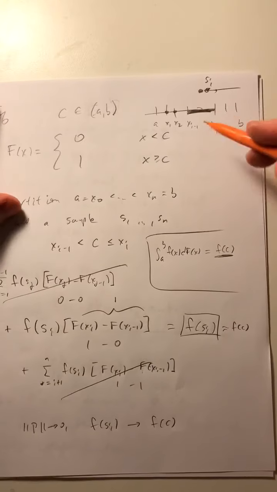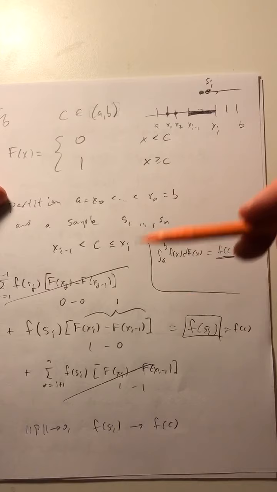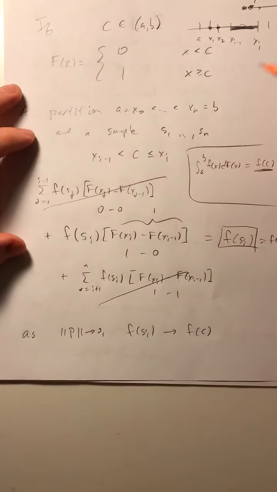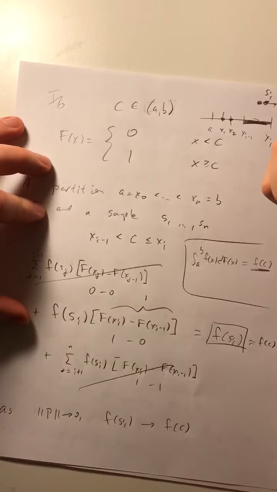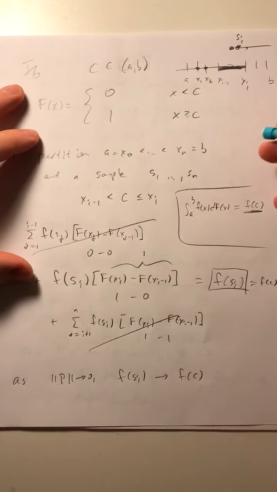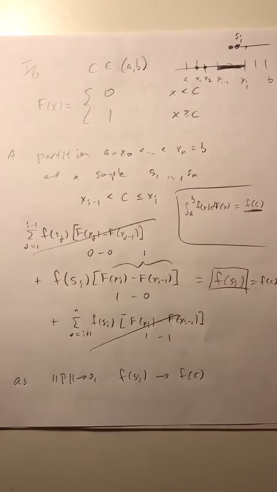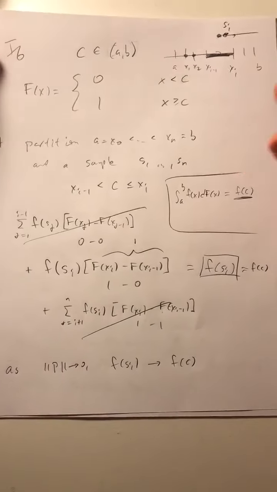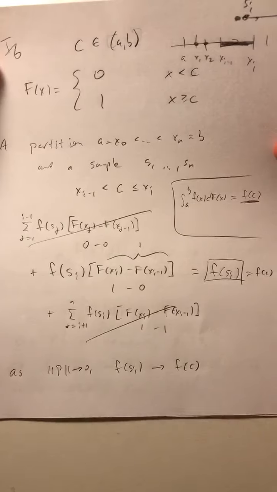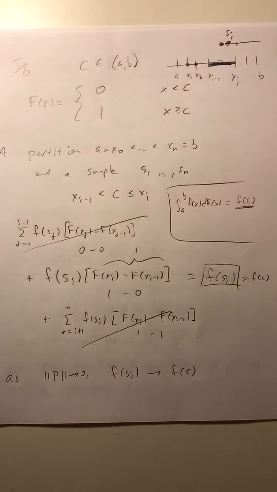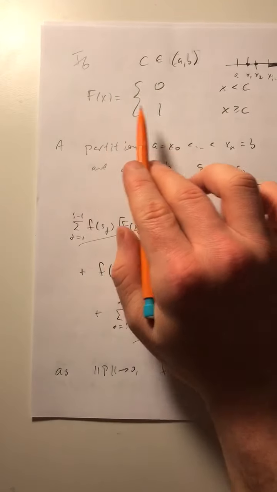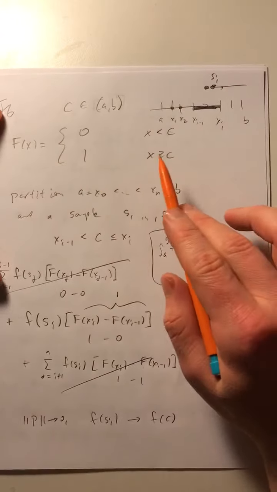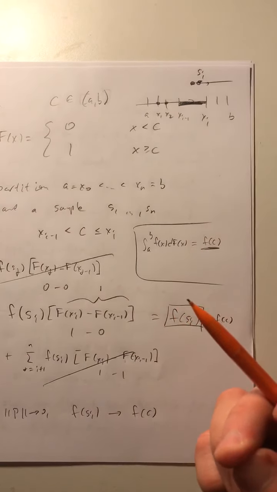If you know about CDFs, you should be able to interpret this and make this understandable in terms of some random variables. If you don't know about random variables, I highly recommend looking into them, because probability and statistics are some of the most applicable and beautiful areas of math. Feel free to look into it, but we don't need it for this class. So this capital F having this discontinuity here allows us to have basically a weighted average of the function to the left, and 100% of the weight is at the